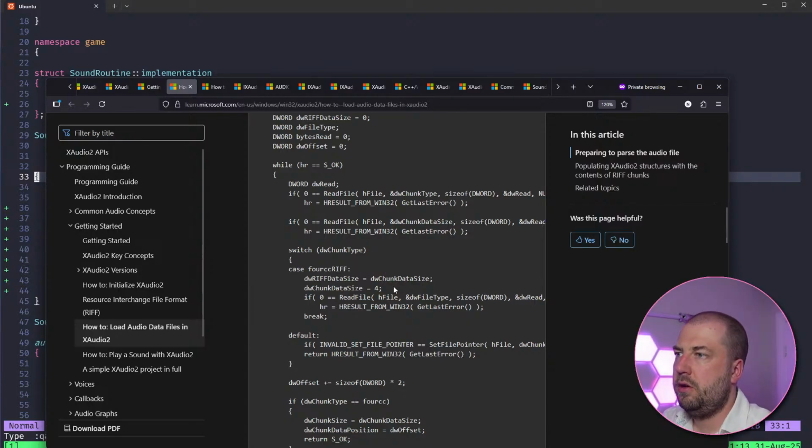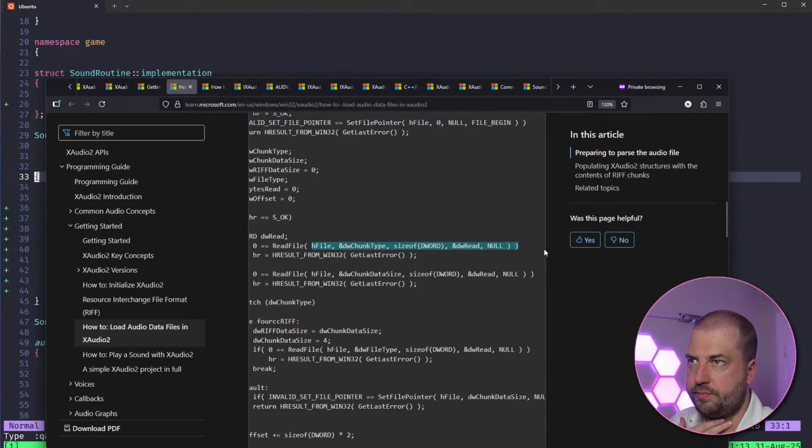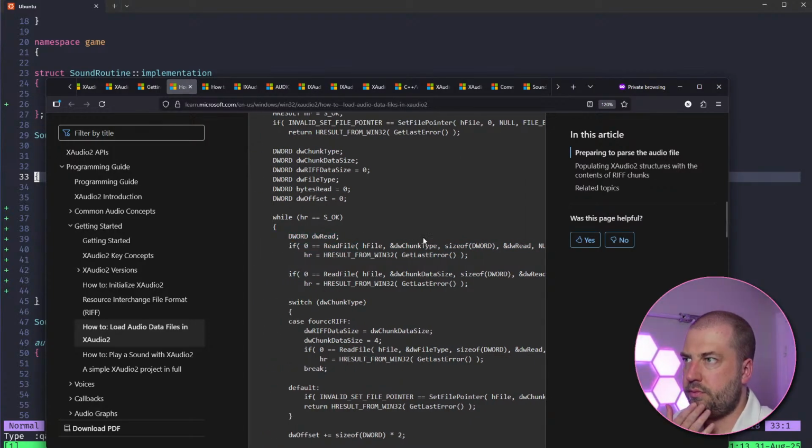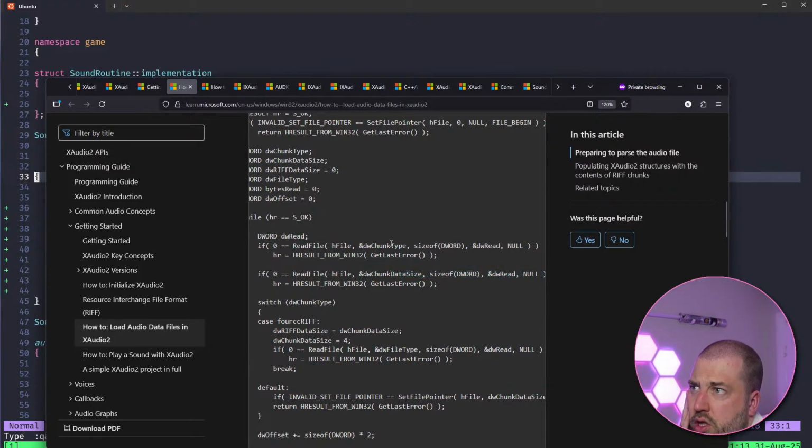Okay. So we're going to read from the file. Yeah, I might have to copy this in. So it's going to read from the file one DWORD, and then it's going to read from the file another DWORD. So it's going to read the chunk type and the chunk data size.